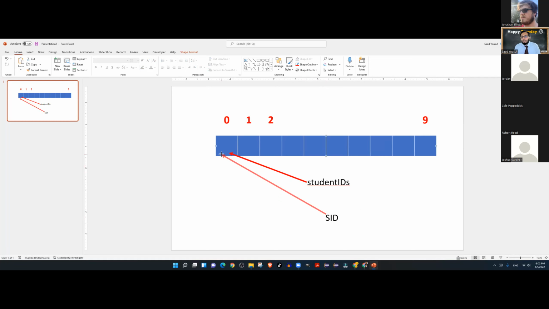So they will basically be pointing at the same block. So any changes made by SID will reflect in student IDs. So pass by reference only happens when you pass an array into an array.